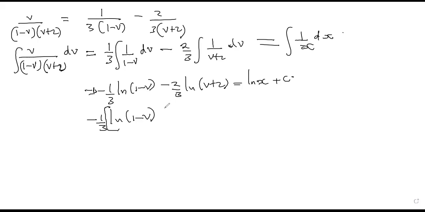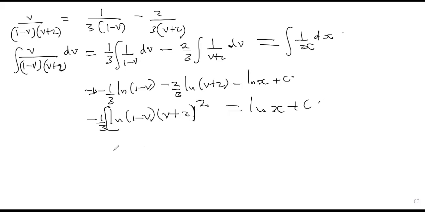A third is out. So I will just say v plus 2, then squared. This 2 has come this side. Then this is equal to ln x plus a constant c,